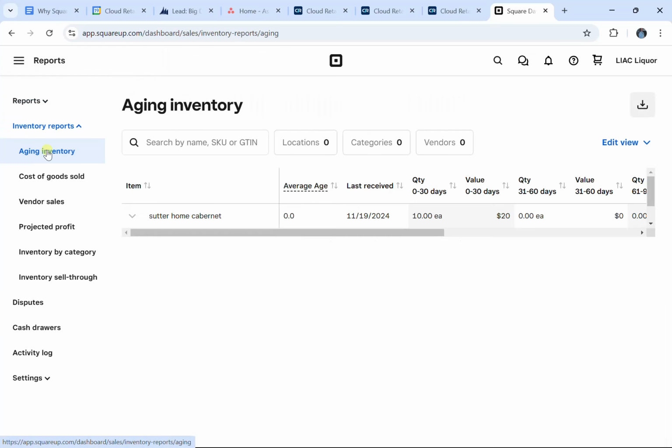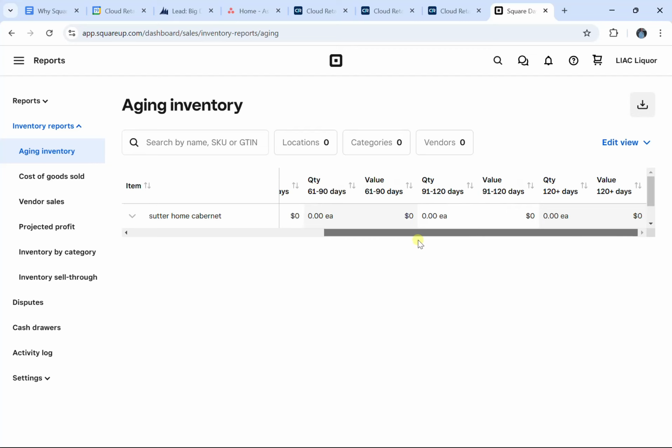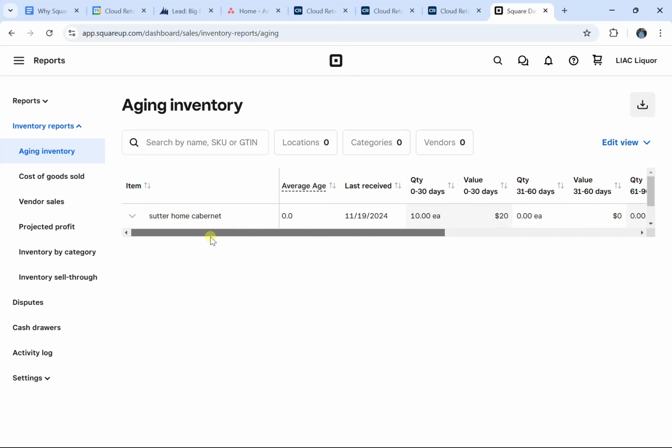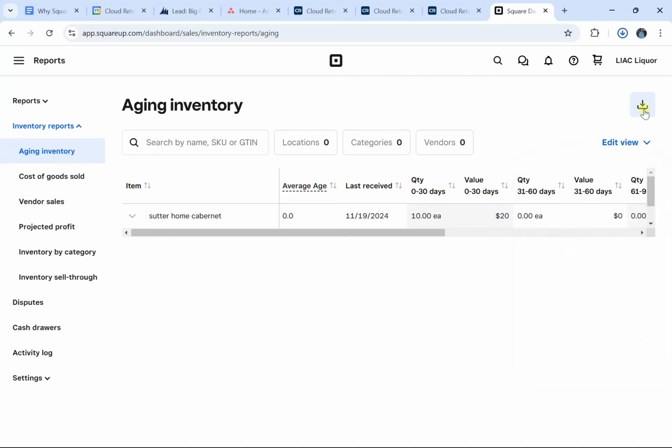So here's an example of a report in Square, the aging inventory report. So basically we've got one product, we've got some information here about the aging of the product, and then we have an option to edit the view based on some options, and this must be to download the report. So this is fairly basic